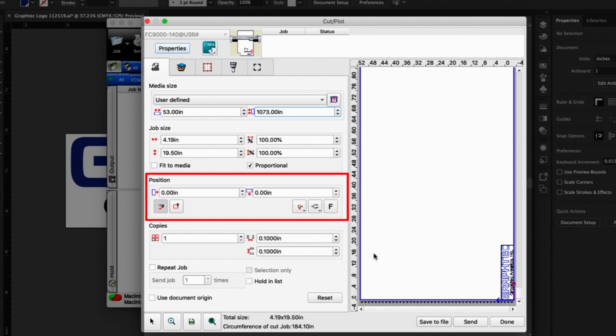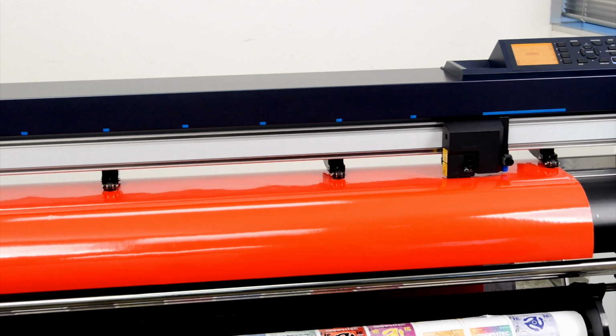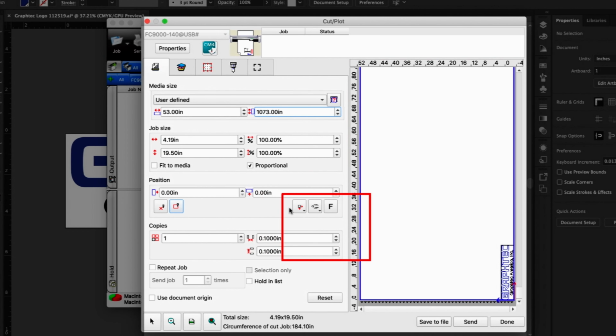The button next to the Interactive button is basically a Show Me button. When clicked, it will move the tool head in a rectangular pattern showing the actual size the design will be on the cutter.